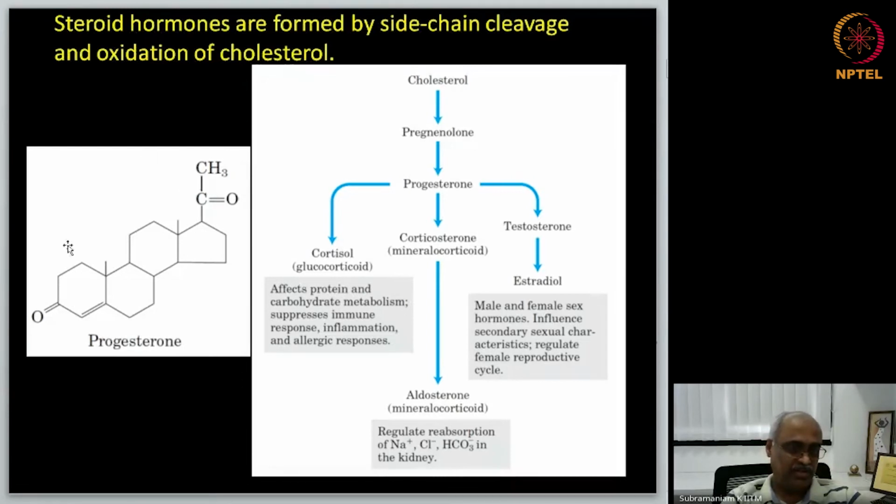A famous molecule is shown here, progesterone. So this progesterone is what regulates the estrous cycle in the female reproductive system. This is a derivative from cholesterol, so we will see in some detail how this is made. So cholesterol, an important intermediate, pregnenolone. This is the one from which the steroid hormones are produced, and the pregnenolone to progesterone, and from progesterone you